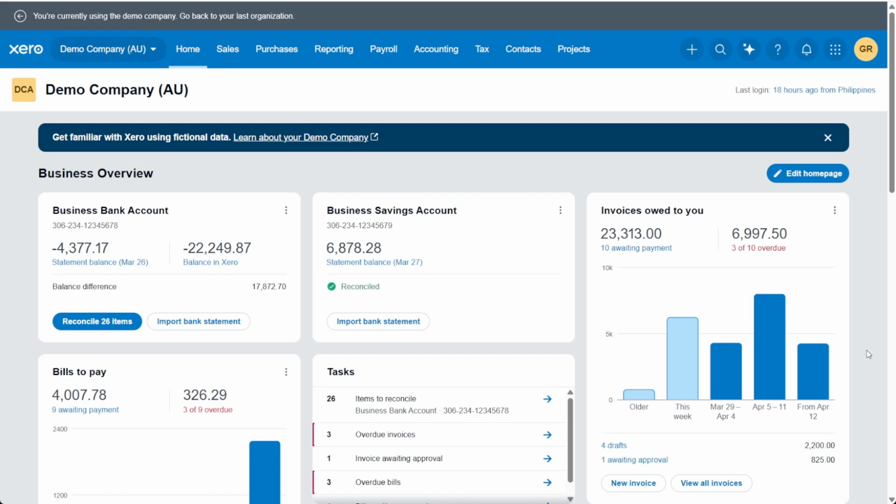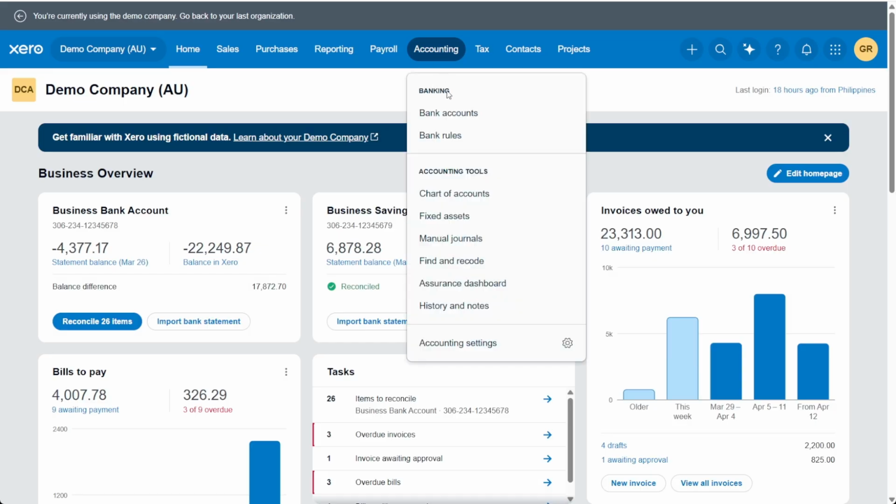In this video, I'll show you how to reconcile on your Xero credit card. Once you are on your Xero account, the first step is to head over to the top bar. And on the left-hand side, you want to click on the sixth option, which is accounting. Now, under accounting, you want to head over to the banking section, and down below, you want to click on